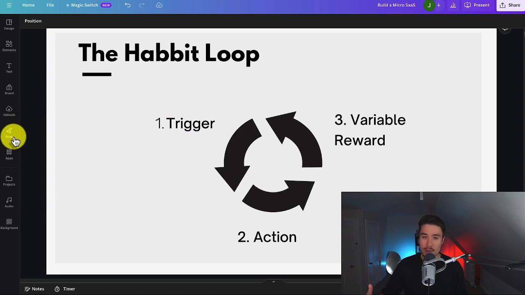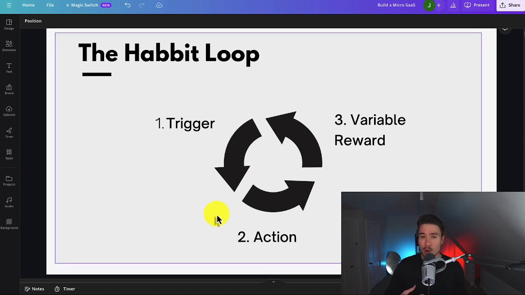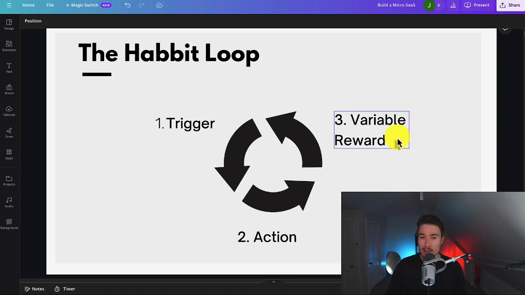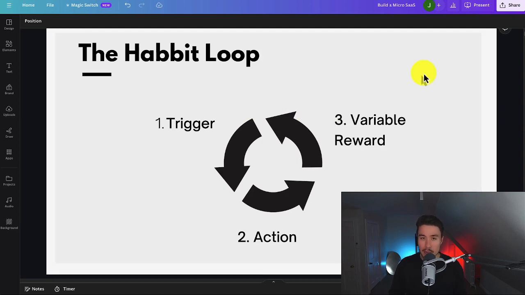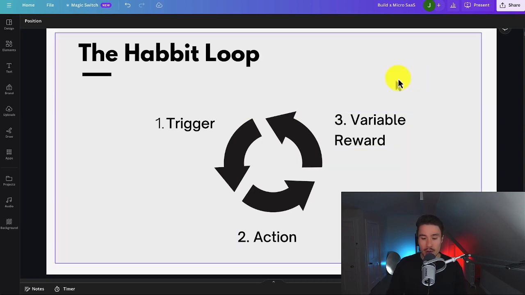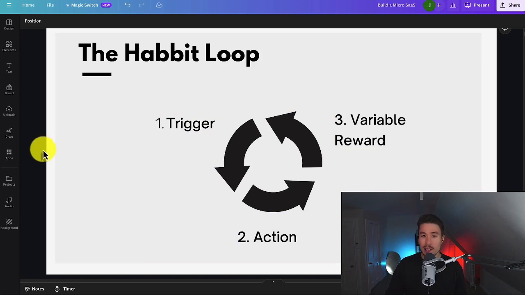So if you're going to use social media as an example, the trigger could be just, I'm bored sitting here on my phone and I want to kill some time. And the action is going to be opening up an app such as Instagram. And then there's going to be what's called the variable reward. So each time you open up Instagram, it's not going to be the same. There's going to be new posts and new videos that keep you coming back. And so this is going to reinforce the habit loop here. So next time they feel bored again, deep down, they're going to know that they can use your app. In this case, it's going to be Instagram to fix that problem. And this loop gets stronger and stronger the more it's reinforced, and it's going to become deeply ingrained in the